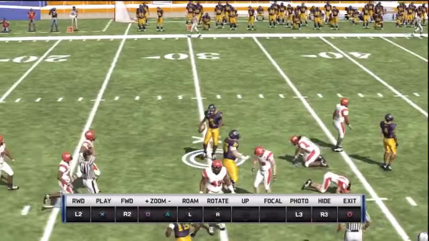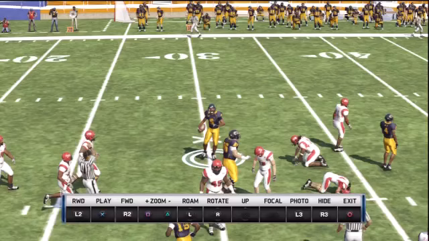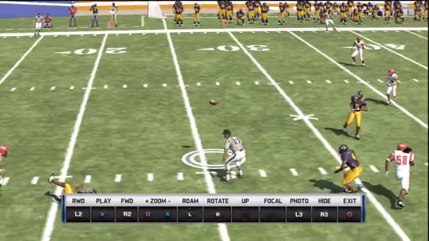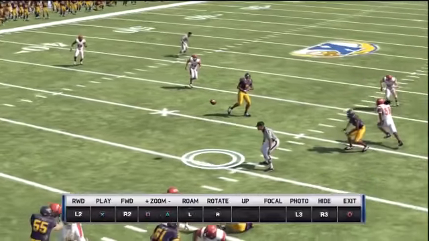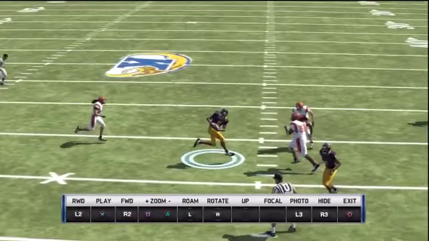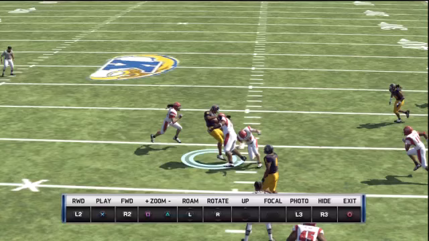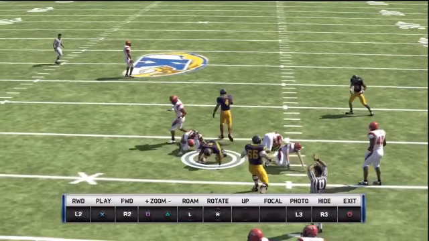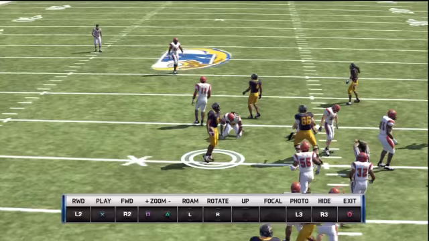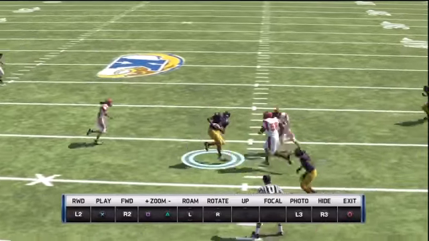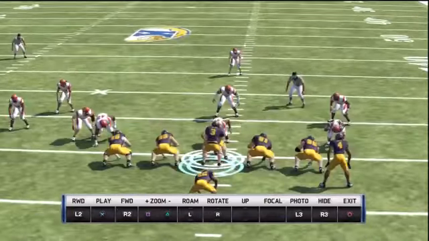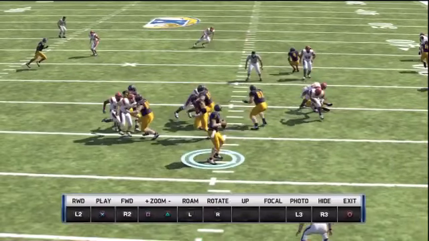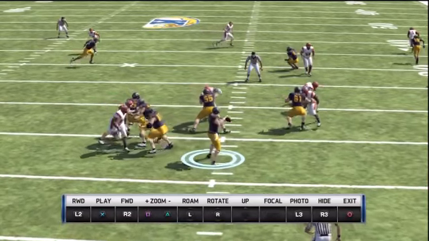Now, this is just me. I know there's people out there that are different, but I can forgive the animation of the offensive line not being as fluid as I would like if the concept is sound. All I ask, or the most important thing that I ask, is that players do what I assigned them to do, and then let their ratings play out how well they do it. In a perfect world, I like to see the backside guard